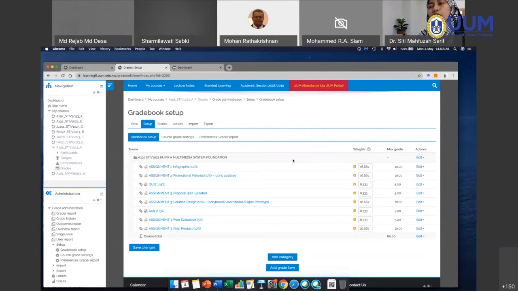Okay, there's one thing for you to know. If you plan to have formative assessment, what I understand, correct me if I'm wrong, is assessment that you plan to give, but not meant to be counted in the coursework mark. It's just to test their understanding and to engage them with the class. So if you plan to do formative assessment in UMOL, you must be careful not to include